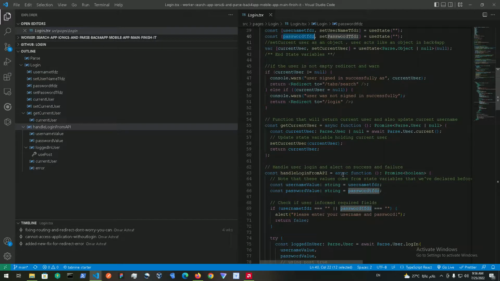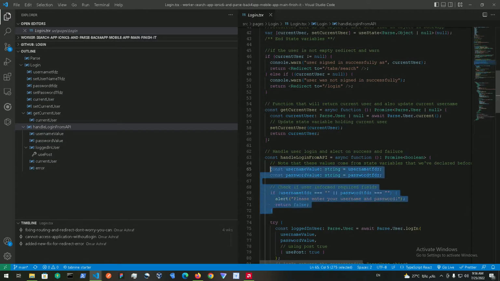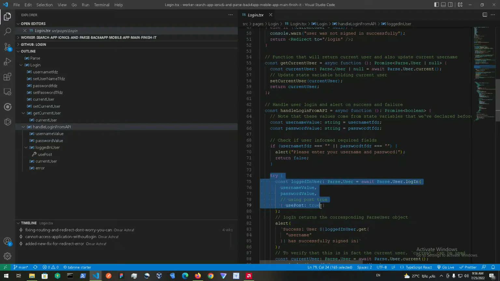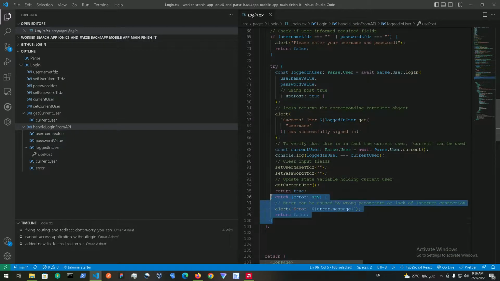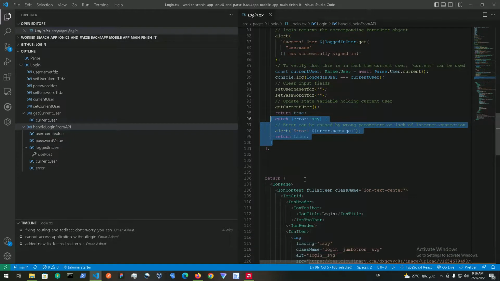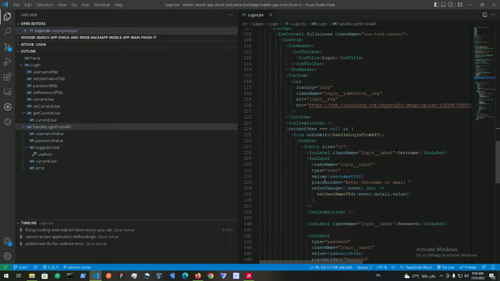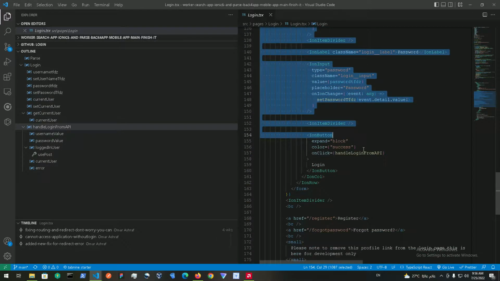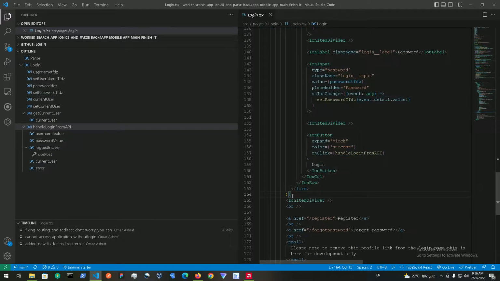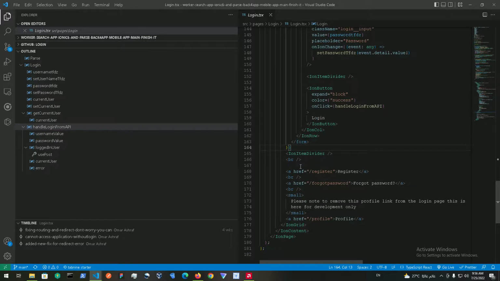utilizing this async function that I made before with a try and catch over here. Alright, and then we're just gonna be mapping over the login form, as you can see over here. We are gonna be mapping over the login form,